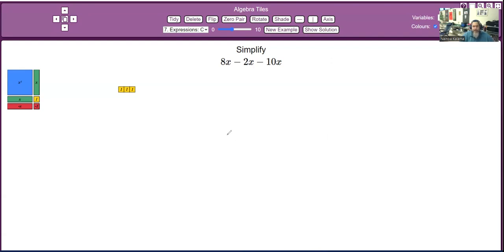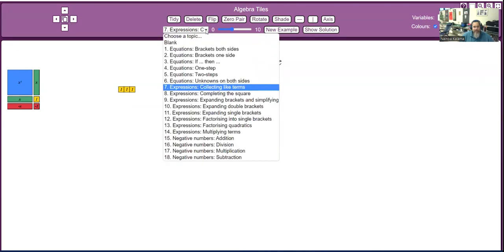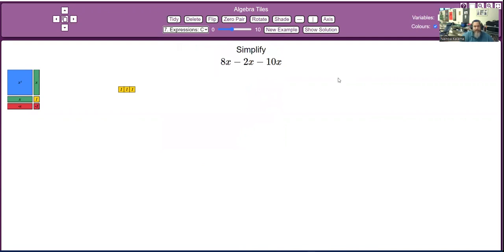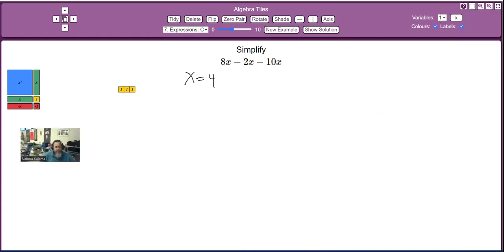So today we're going to be evaluating expressions, and to get the problems for this, I'll put up a worksheet. So to evaluate this expression, we're going to need to know what they say x is. They say x equals 4. Then all we're going to do is